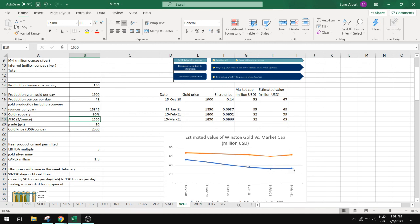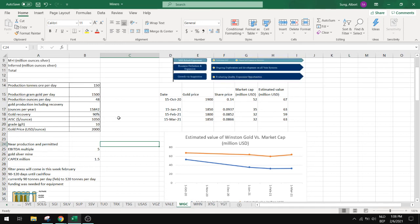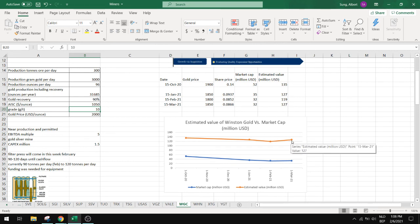And yeah, so there's still upside here, I think. They just need to make sure that they have enough money to get to May when the cash flow starts coming in. And then they can ramp up the production. Production can go to 300 in the coming year. That would give us 30,000 production ounces per year. And then we could go to around 100 million, 130 million. So there's plenty of upside from today, 30 million to 100 million, times 3, the triple, if everything goes well